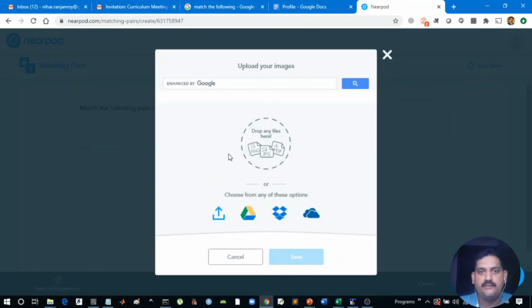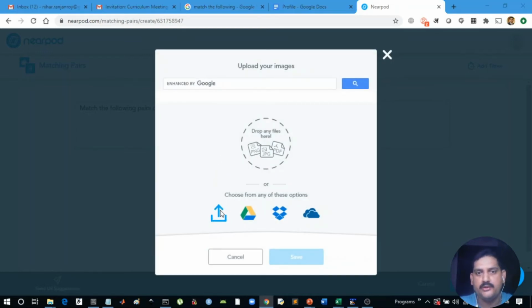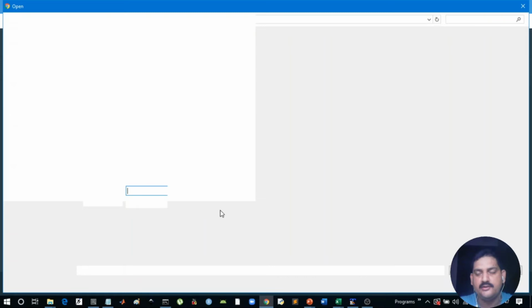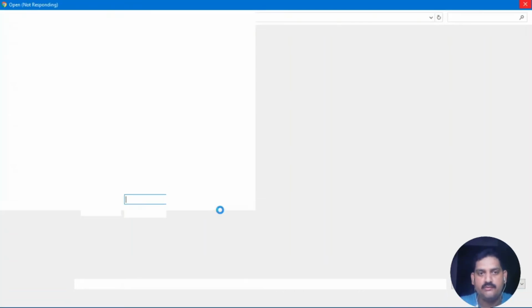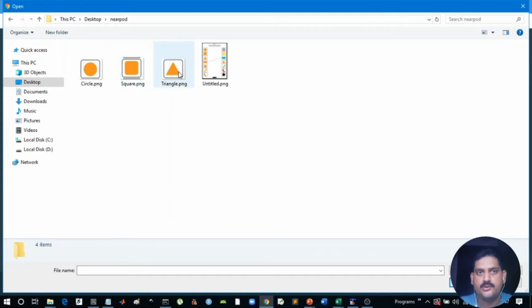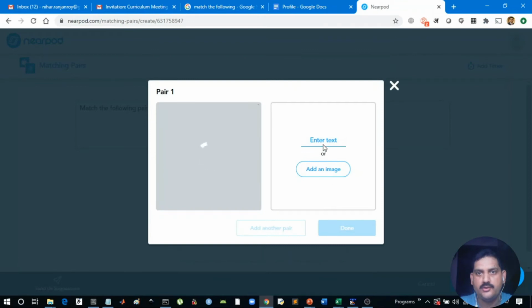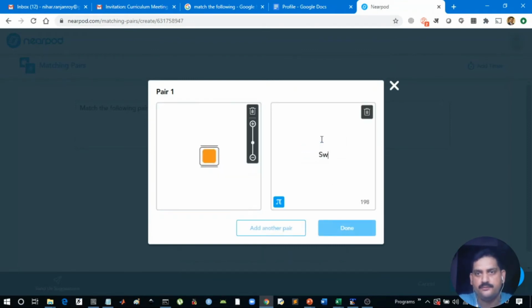If I want to add an image, then upload the image. If you have a file, then you can browse and choose a suitable file. So let me choose the images that I want the students to match. So the text is square. If you want to zoom it or adjust the level of that image, you can.